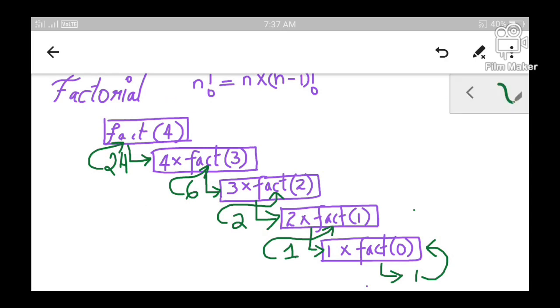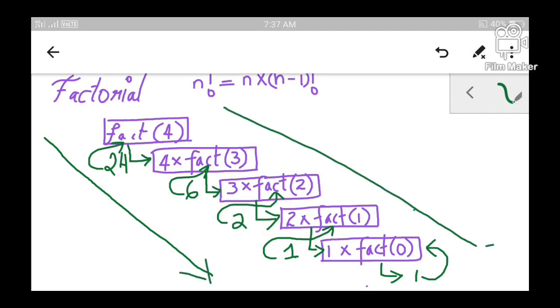When I got the return value, that return value can be used to perform computation in each iteration. Once the computation is performed, the value will be returned to its previous function call. That means recursive functions were called in this order, but values will be returned in the reverse order. So the value obtained in each iteration is returned to its previous function call, and this value can be used to perform the computation in that stage.